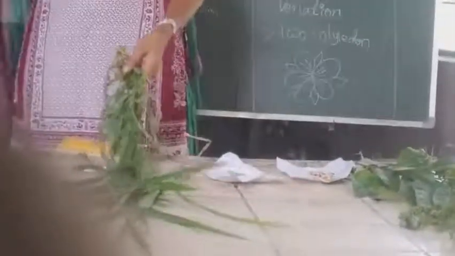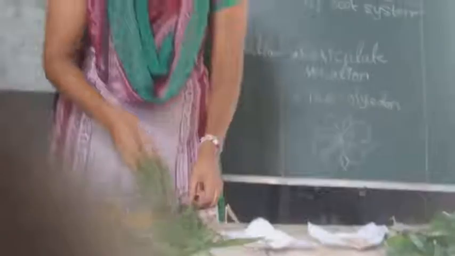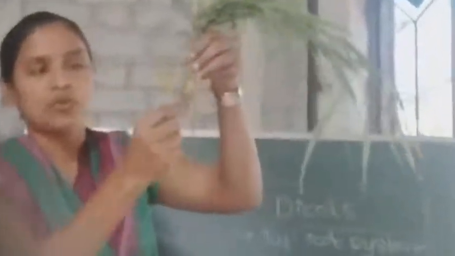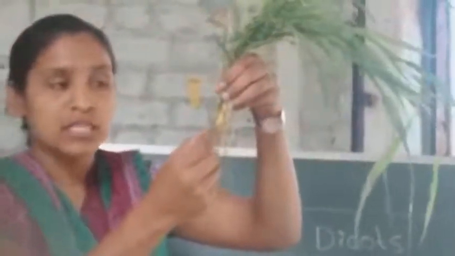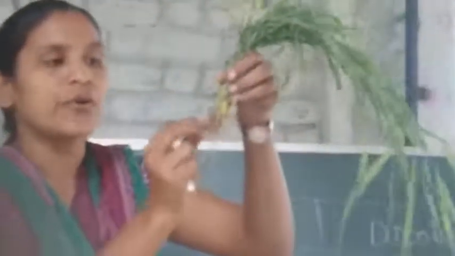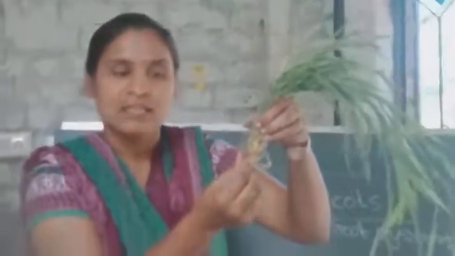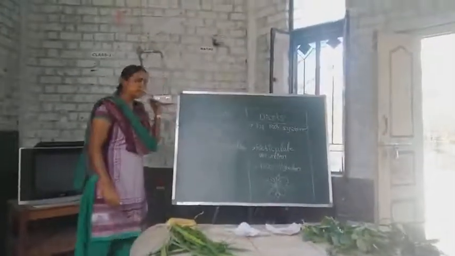Now, in dicots, what type of root system have you observed? Taproot system. Now you can observe grass plants. So how is the root system? Here you can observe, see, guys, there is no middle root. There is no main root here. All are growing in a group, in the form of a group or bunch. This type of root system is known as fibrous root system. In monocots, fibrous root system is present. So all grass families have a fibrous root system.